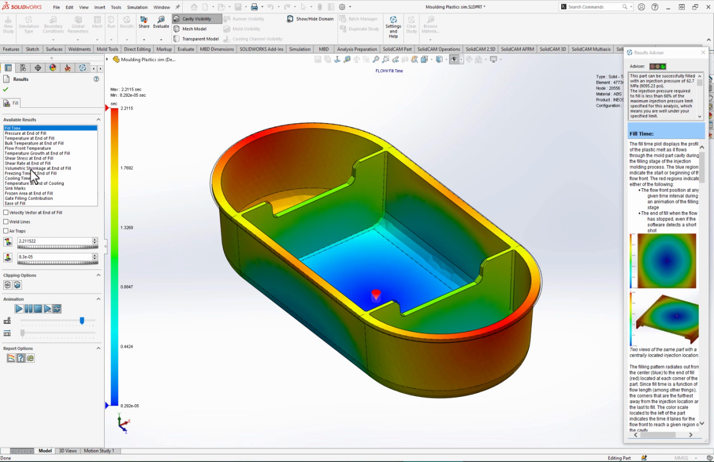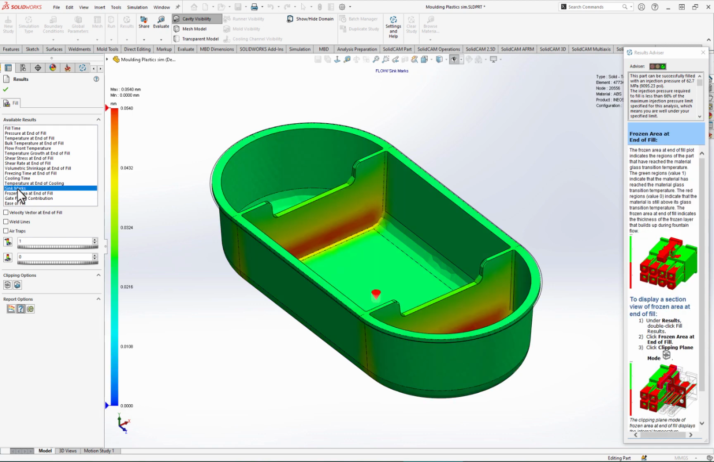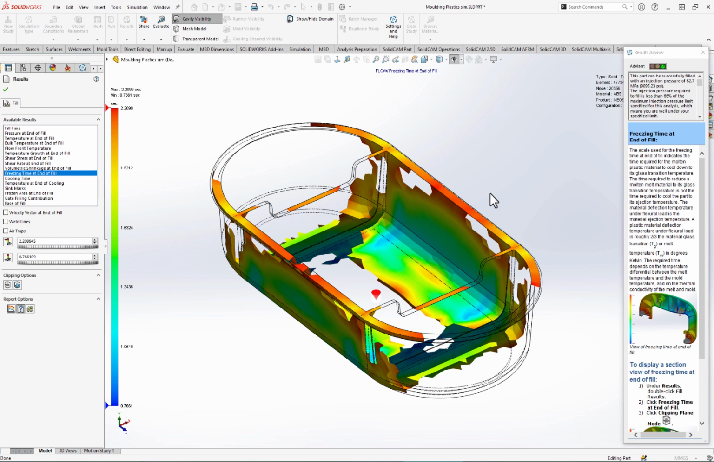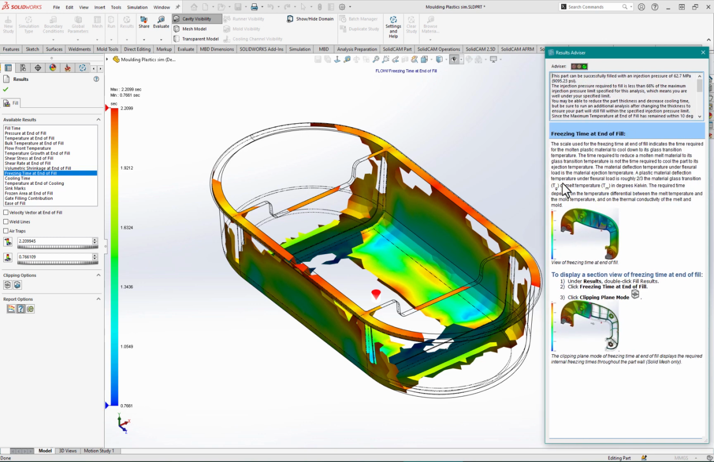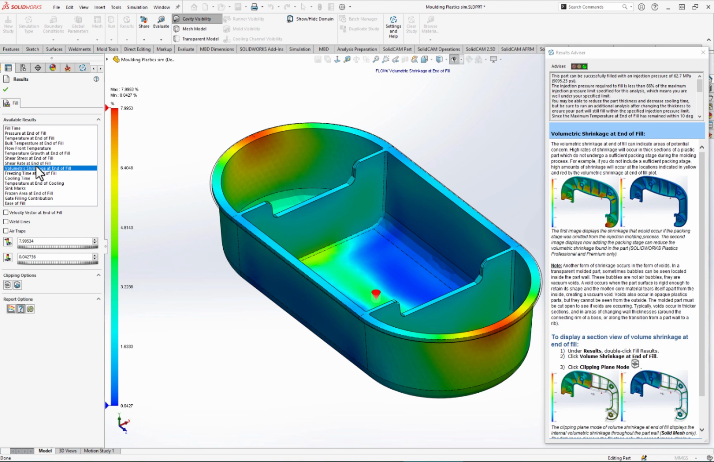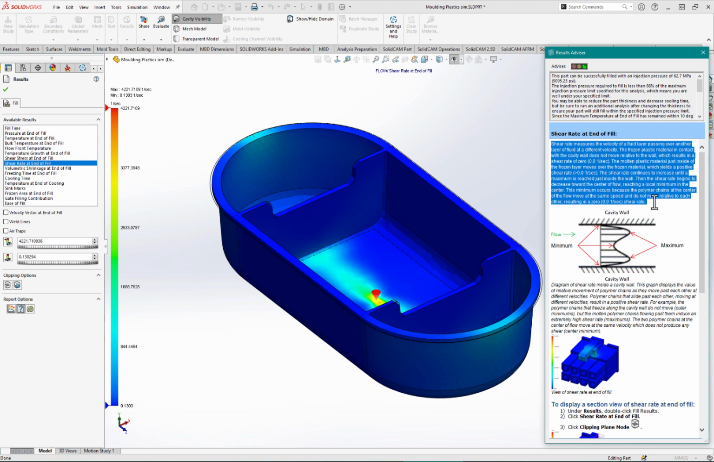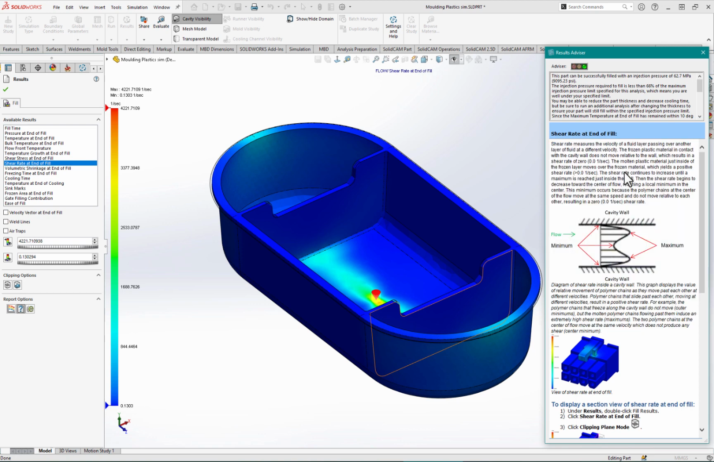So we have various results listed down at the left hand side here. These are all the fill results. If we just click through some of these, and again for the novice at injection molding, there's a helpful results advisor that pops up at the right hand side of the screen, and whichever type of plot I click on here, the results advisor takes me to the relevant information that describes what I am actually seeing in the plot, and it also tries to give me some advice on how I might improve any analysis plots which are